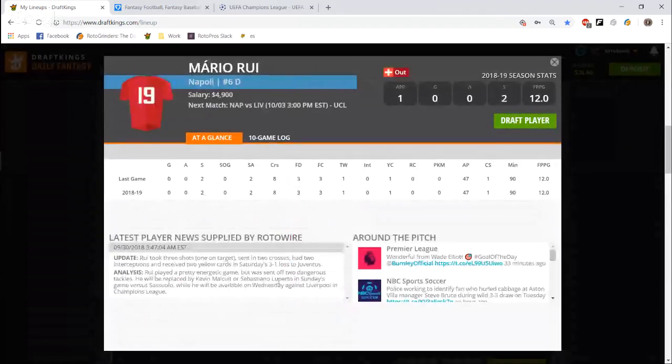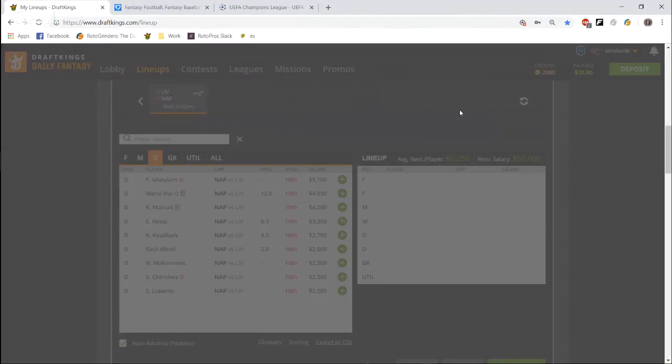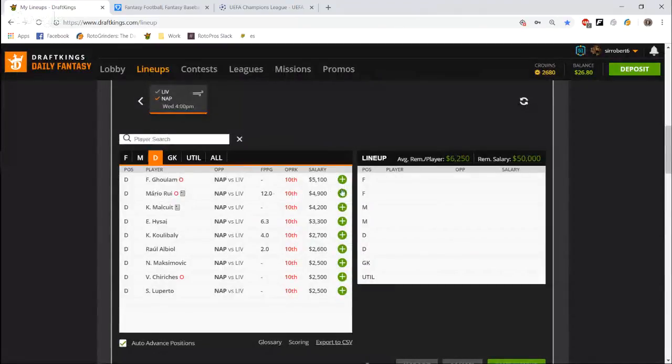That's new. Yeah, sorry for the pause there. I'm literally just reading this now, because I haven't seen the out pop up until right now. Now, I'm not going to lie, he wasn't my favorite play this slate, but there's no doubt Mario Rui is tearing up the domestic league right now in terms of crosses. So you could have considered that, I should say. Wow, if he's out, if he's actually out,